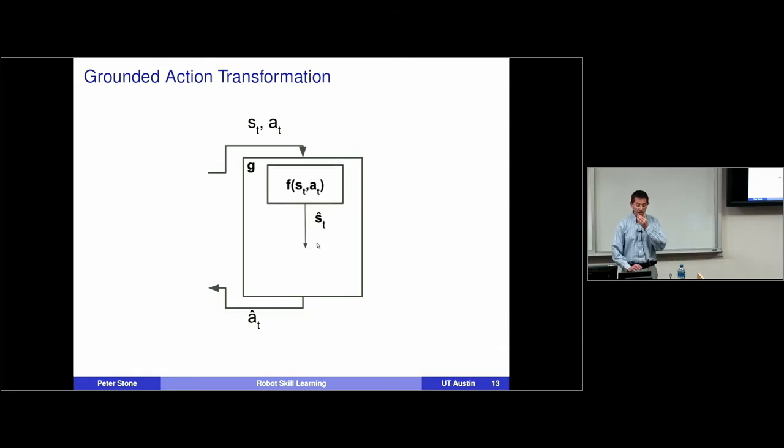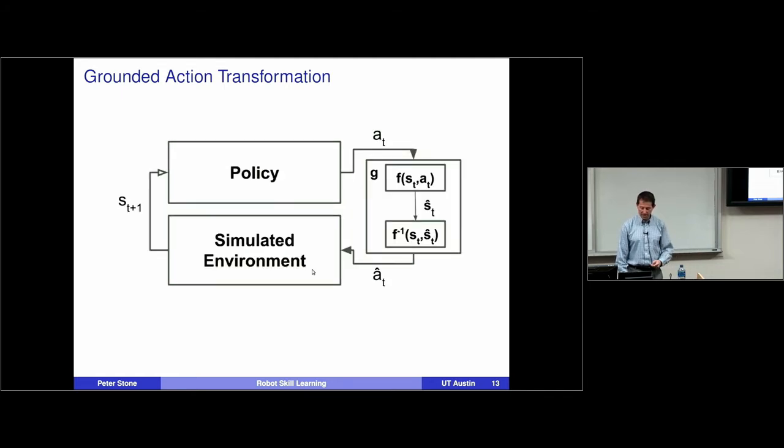We're going to do this by first learning a forwards model of the real world. F here is a function that says, if in the real world I was in this state and I gave this action, what next state would the joint end up in? And then we're going to learn an inverse model of the simulator that says, if I want to get from this state to that state, what action do I need to send such that that will happen? You compose these together and you get the internals of our function G, and you can do that for every one of our joints. Then if you've learned this F and F inverse, the forwards and inverse models, correctly, you should get simulation commands giving you more of the transitions you would get in the real world.